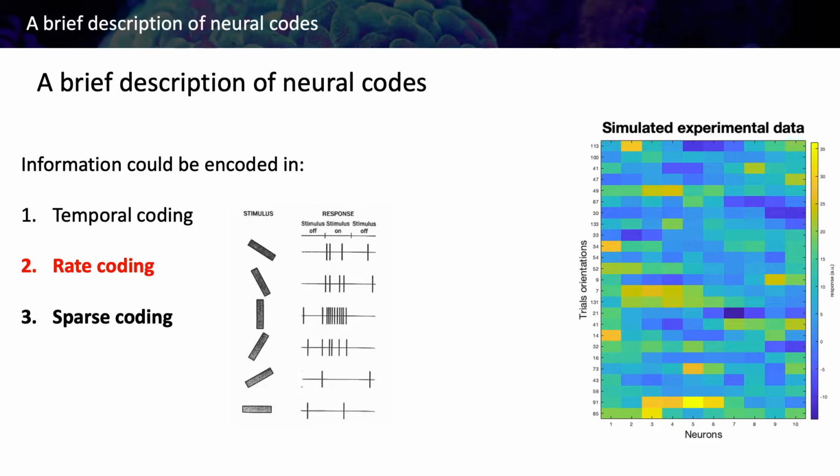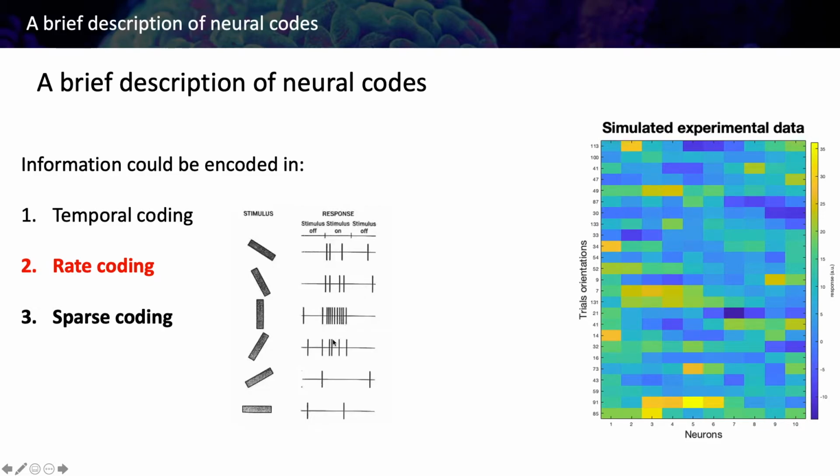So we are going to move directly to the rate coding, and the rate coding is the most simple one, and it's simply that when you present a stimulus, if the neuron likes this stimulus, it will fire stronger. Okay, so here we have one neuron, and we are stimulating this neuron with different oriented bars. For example, if we present a slightly tilted bar, there will be a very quick response. And then if it's a little bit more tilted vertically, the response is a little bit more vigorous.